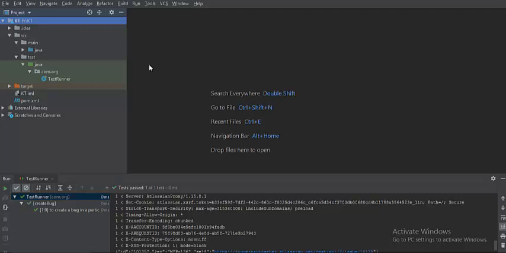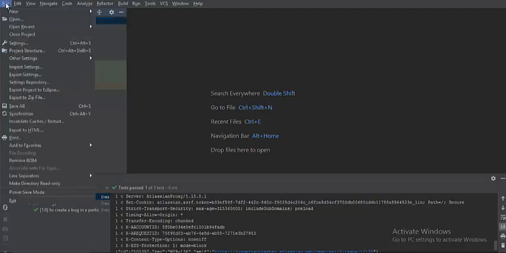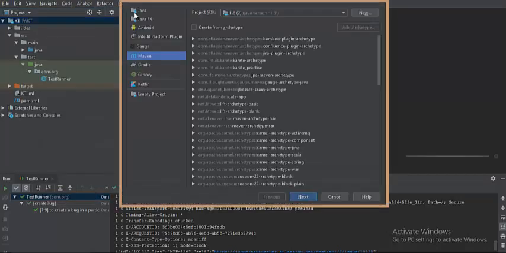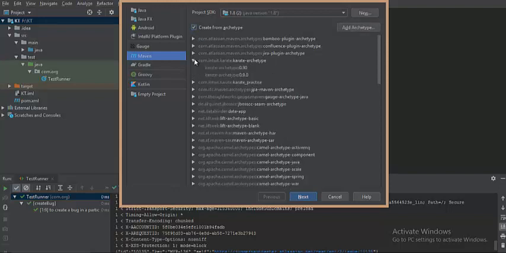I've created a project, and it is just a simple Maven project with a template archetype. This time what I've done differently was that, till the last lecture, the project I created was from a Maven quickstart archetype template, but this time I've taken the Karate template, which was given by them. If you look into this, I have a template called Karate archetype. This is the plugin that I have selected, and this is the template that I've used to create the project.